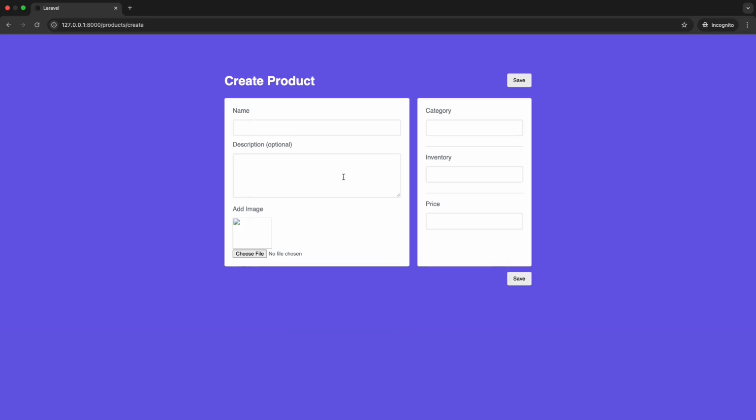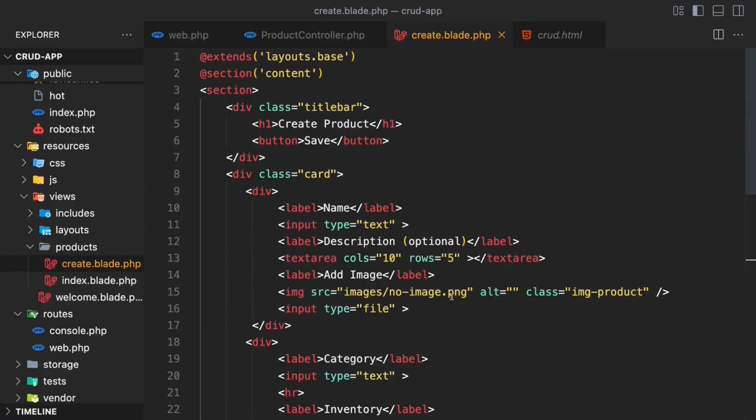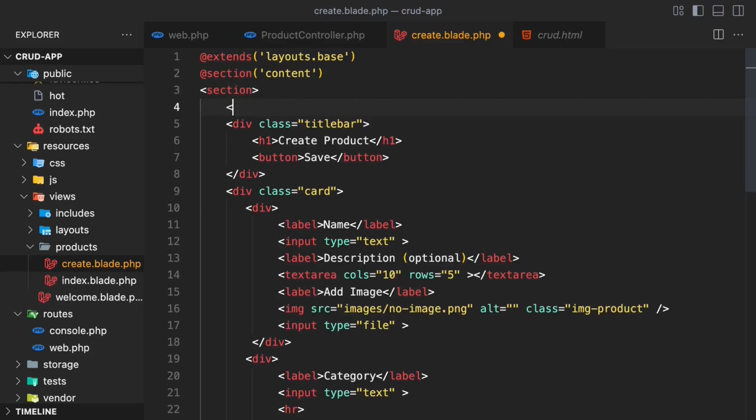So now, after we fill out this form, when someone clicks on this save button, we need to save that information in our database, right? Let's start that part. So go back in the create file over here, add a form with request method post to action route product.store,